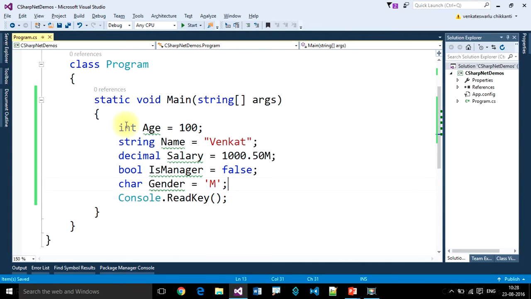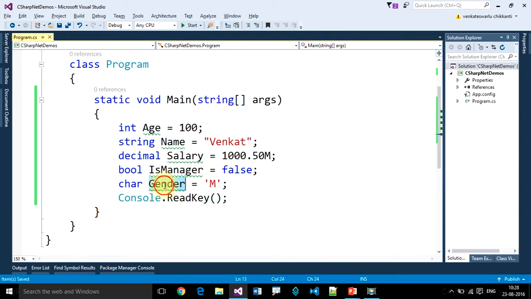So integer is used to store numbers. String is used to store a collection or a series of letters or characters. And a decimal will store floating points, decimal points. Boolean will store decisions, true or false.